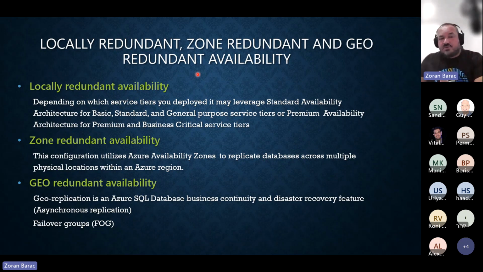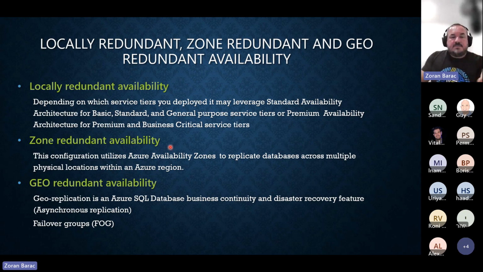So any of those deployments you choose, you're going to have some redundancy. You're always going to have a local redundancy. So if your primary is down, even if you don't have a readable secondary or an HA secondary, you're still going to have a node with spare capacity which is going to take over your role. But that's data center related, so it's going to stay there. There is no regional. If there is a regional outage, if the data center is down, even if you have multiple data centers in that region, you're going to lose the accessibility. But you're going to have your backups on geo-redundant storage, so you can always restore somewhere else.